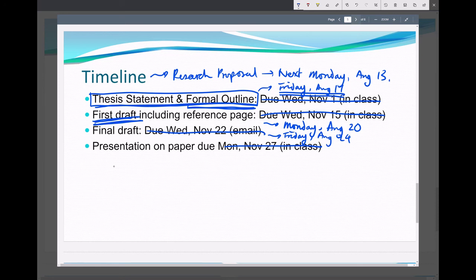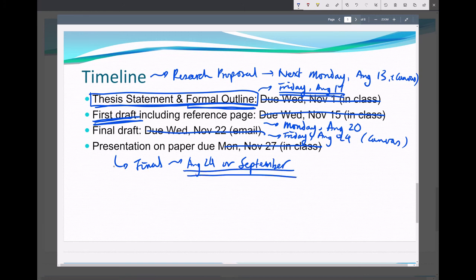So this is on Canvas, and this is on Canvas as well. And then the presentation on the paper, that's the same date as the final. So either it would be on August 24th or in September, but some of you are still in China. Either way, you want to practice for your presentation as well.